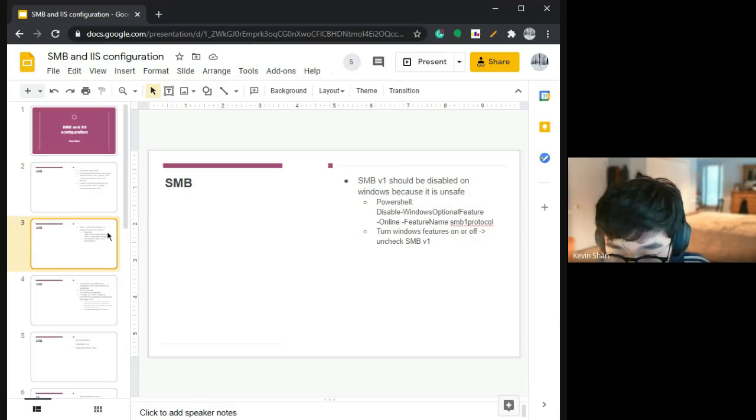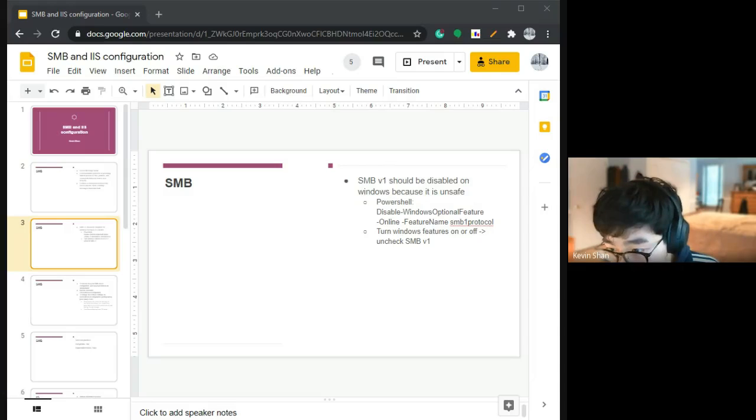Okay, so we're going to start with some basic configuration for SMB. So firstly, SMB has several different versions. There's SMB 1, 2, and 3. And we want to disable SMB v1 because it's unsafe and it's outdated. So to do this,